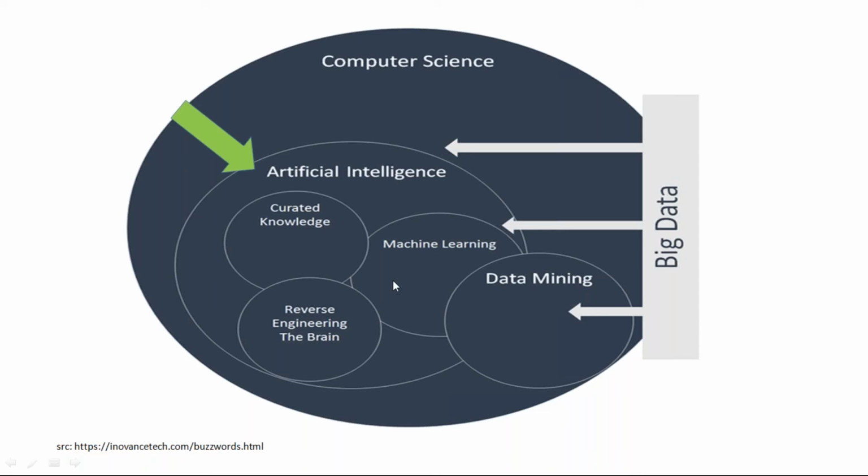Is this chart depicting the entire thing? You can see that the input to all this is actually big data. Whatever data we have, all of that is the input to this domain. So let me go to a question. Bhagyashree has a question here: what are the different tools required for data mining or machine learning?